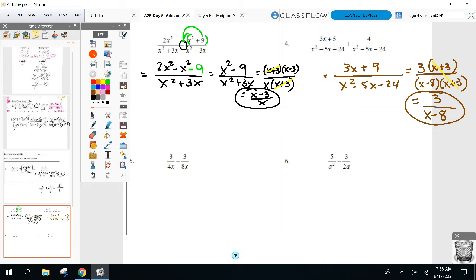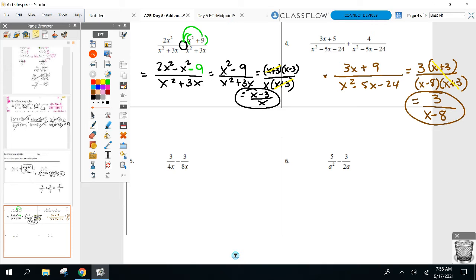All right, ready? What's the problem with the next one? The denominators are not the same, but we need to make them the same. We need to figure out the smallest denominator that both 4x and 8x go into. So I'm going to start with the numbers 4 and 8. Smallest number